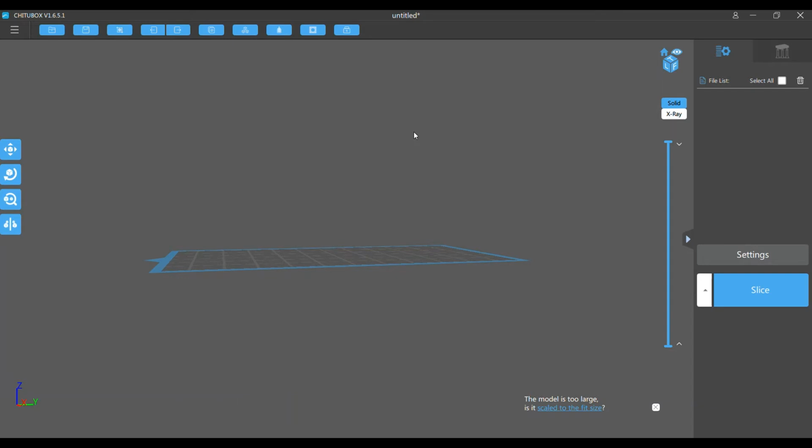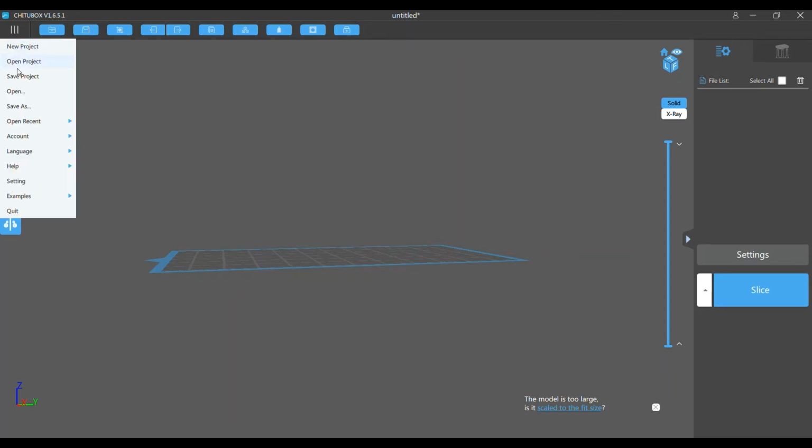Okay, so now we're going to open up our slicing software. I print with an Elegoo Mars, so the software I'm using is Chitubox. You can use this or use whatever software is relevant to your printer. So we're gonna open up the file we just